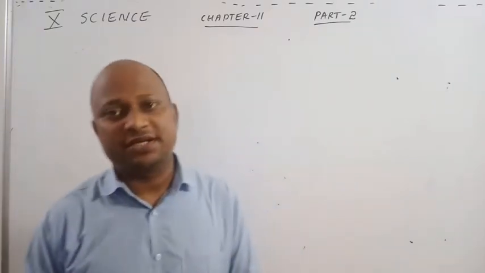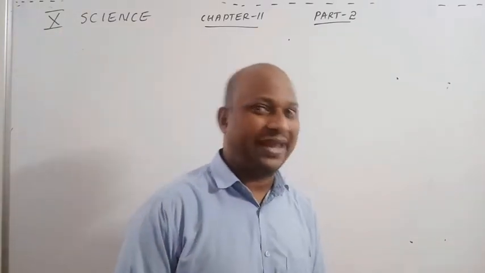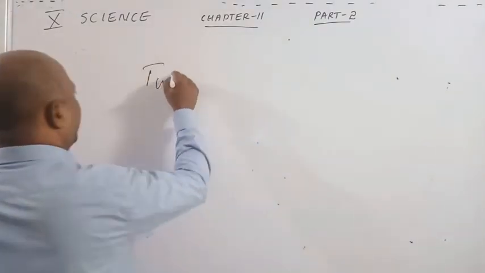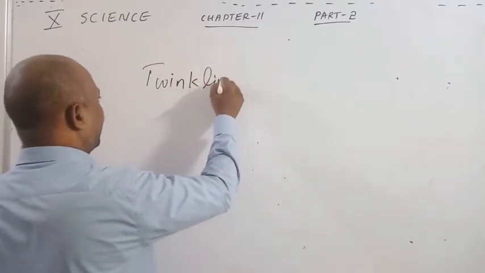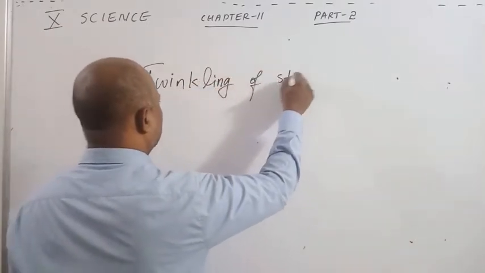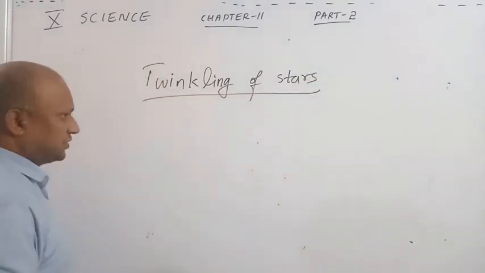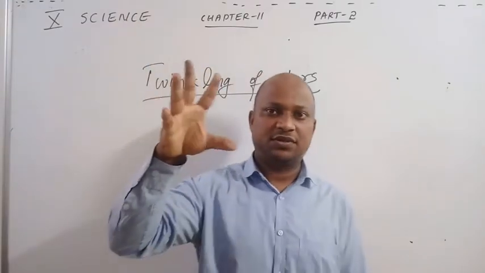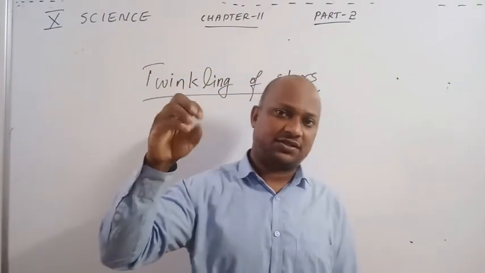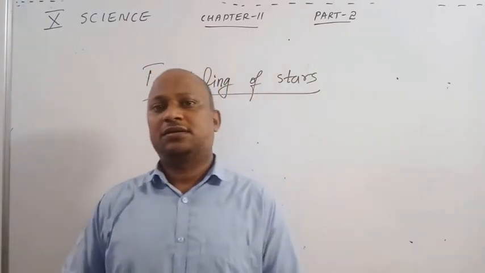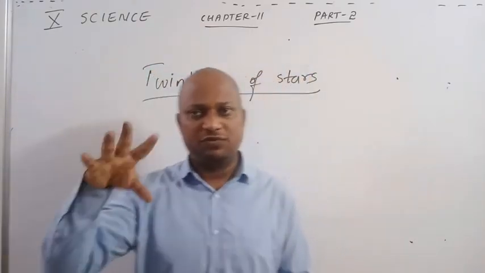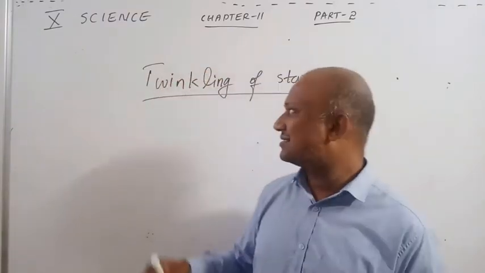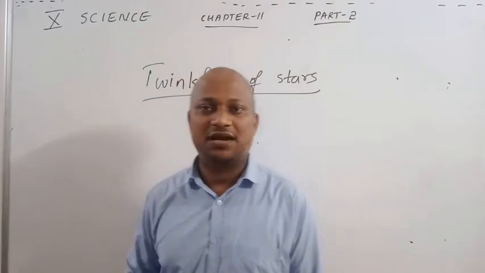और इसका better explanation अगर मैं बताऊँ आपको, the twinkling of stars. Atmospheric refraction का एक better example है twinkling of stars. So we feel like the stars are sometimes appearing bright and sometimes dim, and bright and dim. These are called actually twinkling of stars. तारे टिमटिमाते हैं, मतलब वो थोड़ा bright हो जाता है, फिर थोड़ा dull हो जाता है, bright हो जाता है, dull हो जाता है. So this twinkling of stars is due to